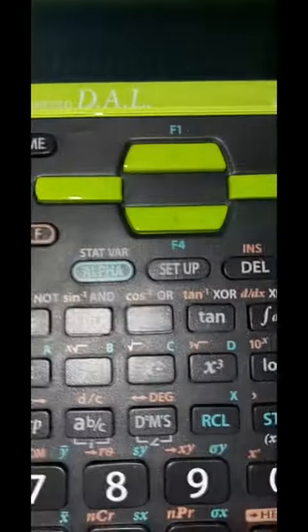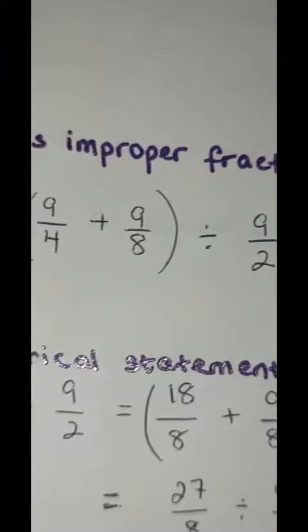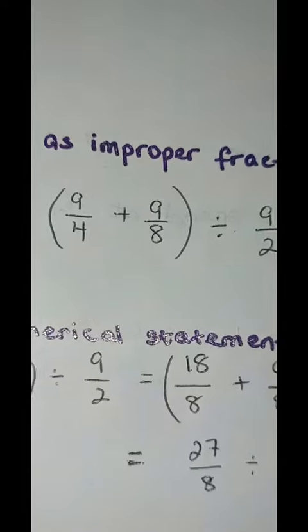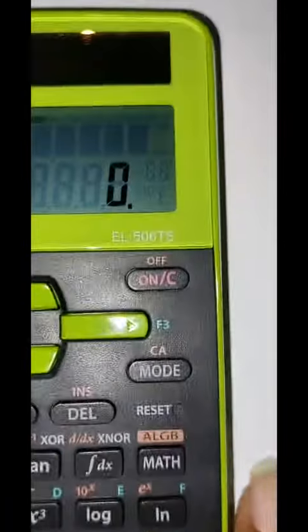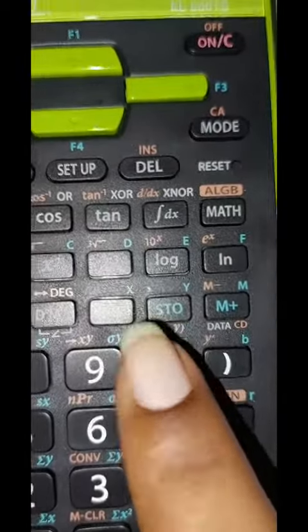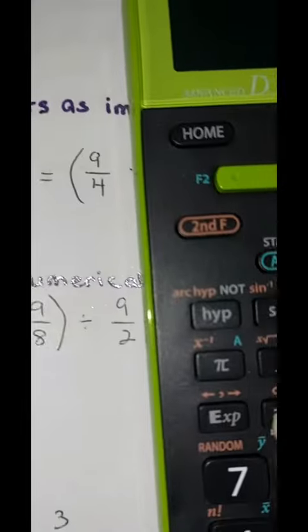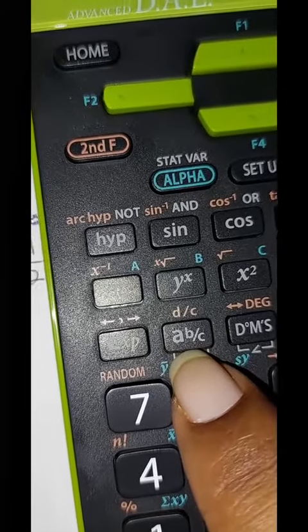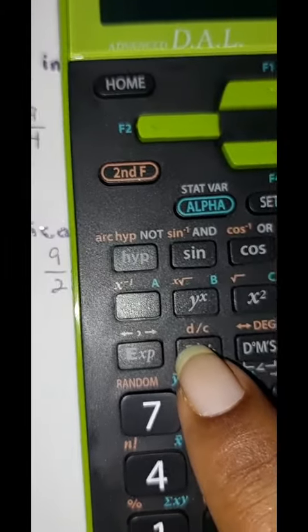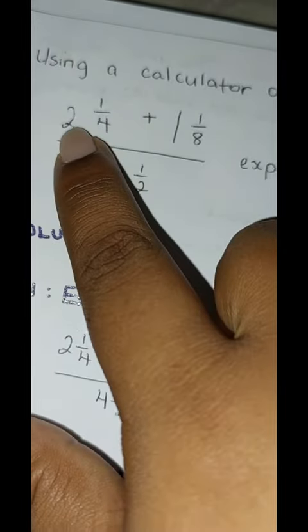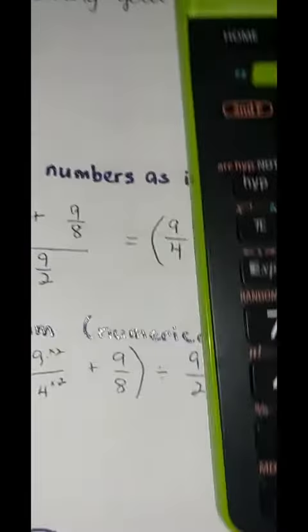Let's first begin by identifying the operation that needs to be performed first, which from our last video we know when we write it like this, where we use brackets, it prioritizes addition. Now we're doing this simply because our calculator does not prioritize the operations unless we tell it to. So when we open the bracket, the next thing we're going to do is use our fraction button to enter our fractions. We have mixed numbers, so we're going to do this by first of all entering our whole number